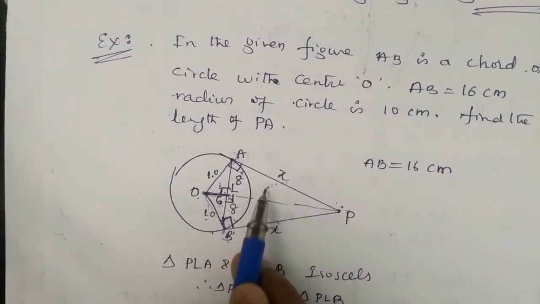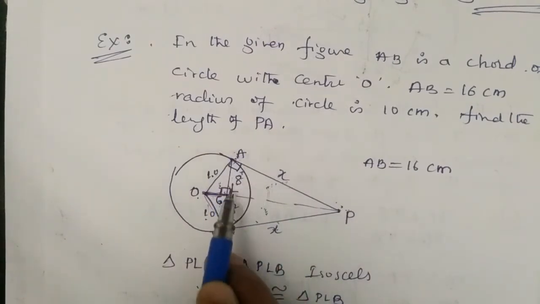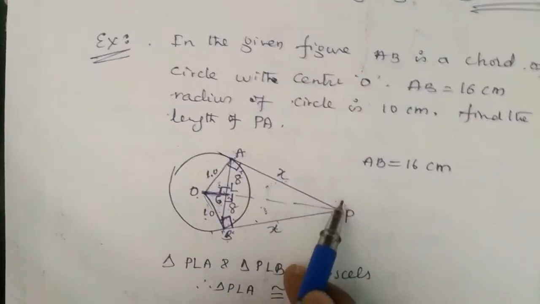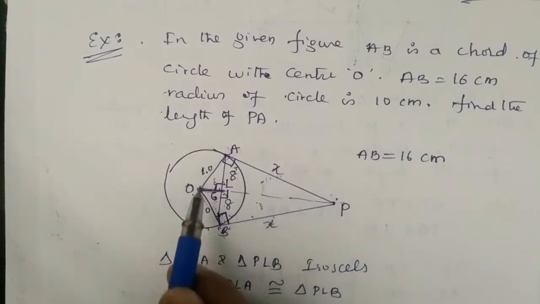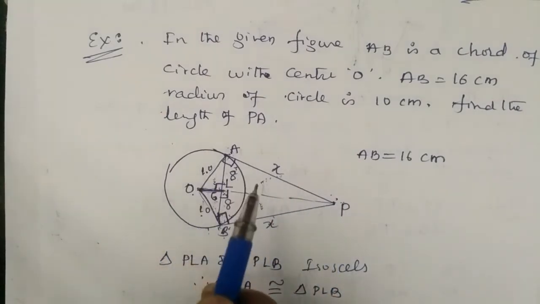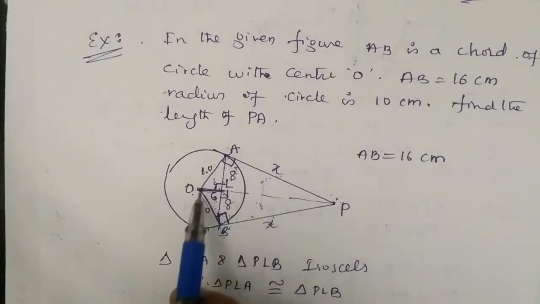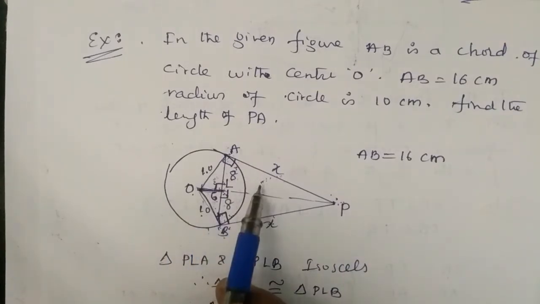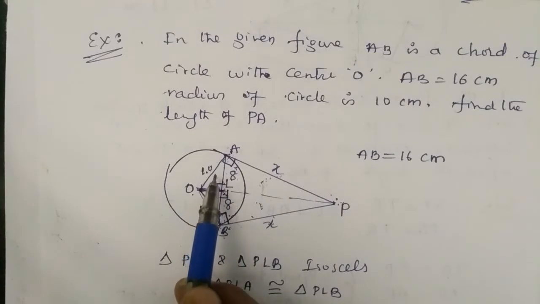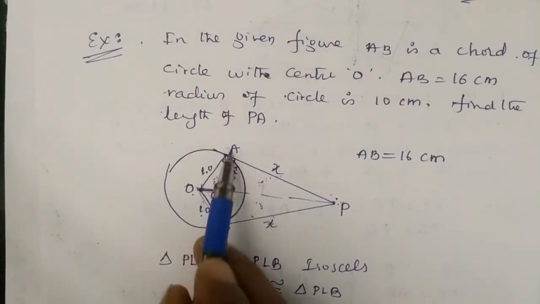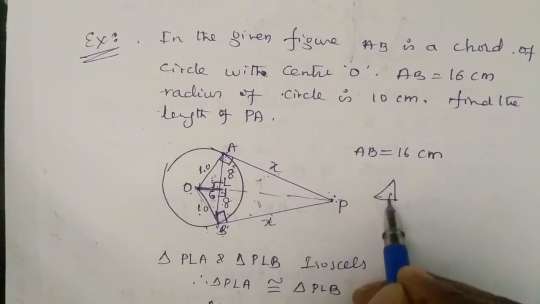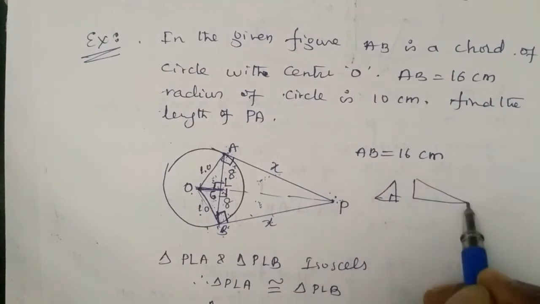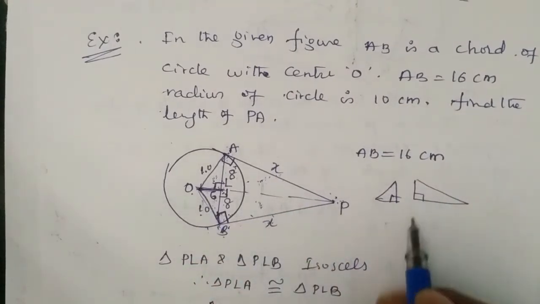Now we go for this triangle, ALP. But in ALP, AP is unknown, AL is known, but LP is unknown again. There are two unknowns, so we go for the big triangle. There are three right angle triangles. One is this OAP big triangle. The second one is OLA, this small triangle. Another one is this. One is this small, another one larger, and one more is the bigger.